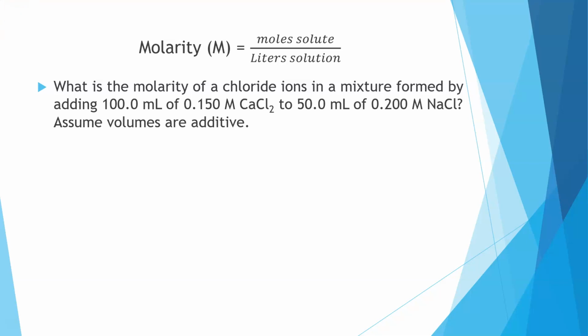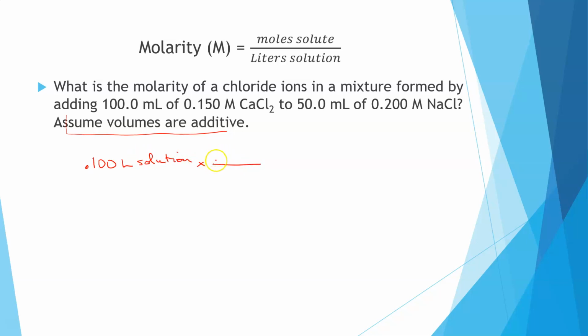Assume volumes are additive. So in order to do this, I need to find how many moles of chloride ion are in the mixture, and then I also need to take into account that my new volume is 150 milliliters because it tells me to assume that volumes are additive. So I'm going to first count how many moles there are in 100 mL of 0.15 molar calcium chloride. So 0.100 liters of solution